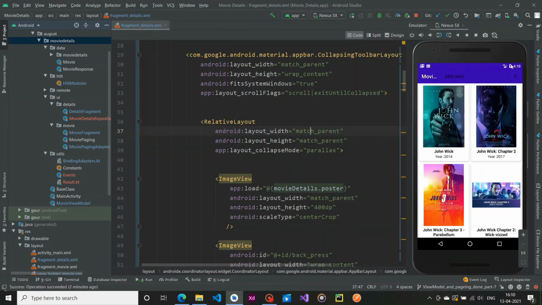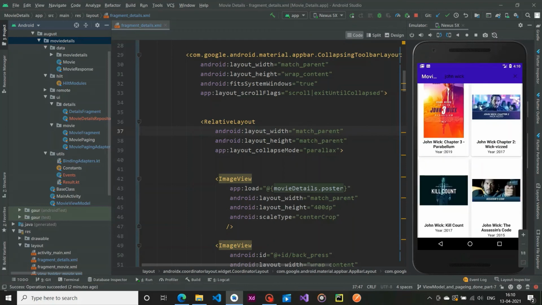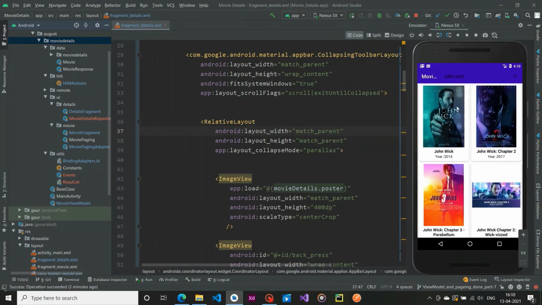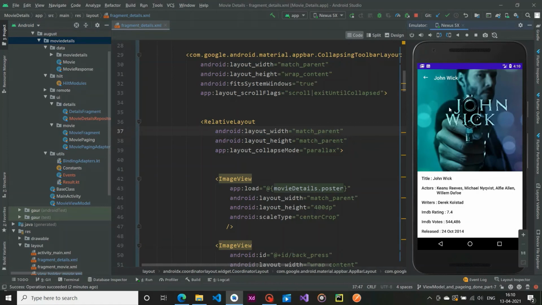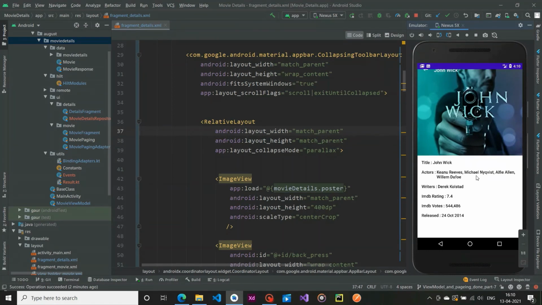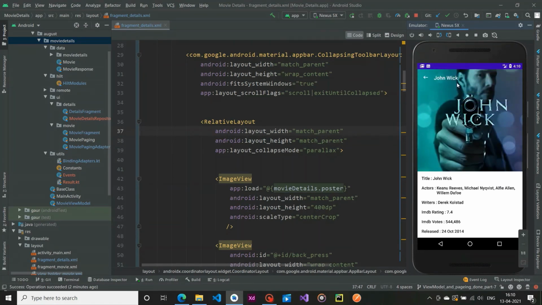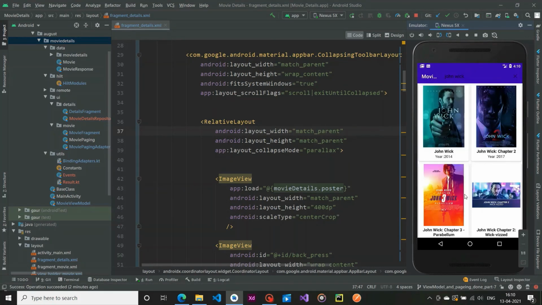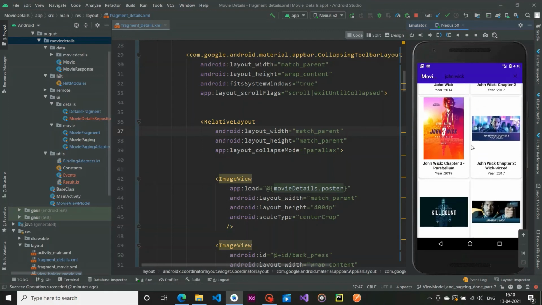So I think everything is fine, and now I'm going to run this application. Our application ran successfully, you can see in here. So I type John Wick and then search for John Wick. I have these movies in my fragment. Alright, when I click this John Wick, you can see we land on our details fragment, and it shows me details of this particular movie. These are some details. This is the image and this is the title. This is the title too. When you click this back icon, you land on the main fragment or movie fragment.